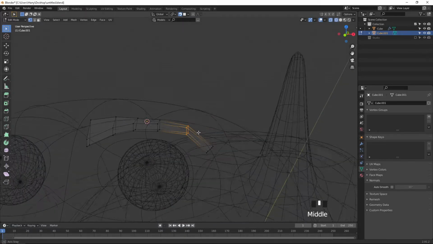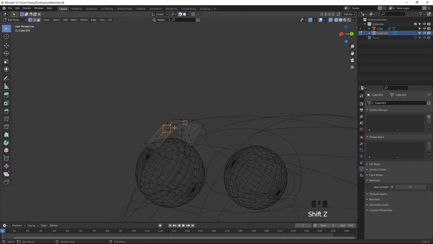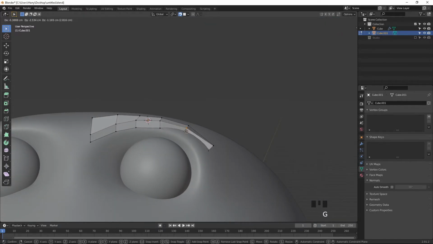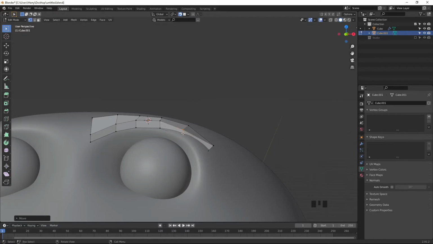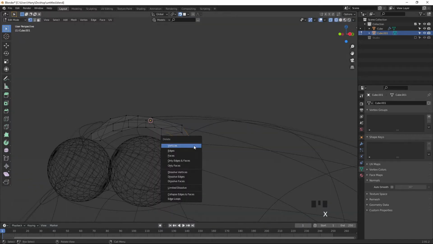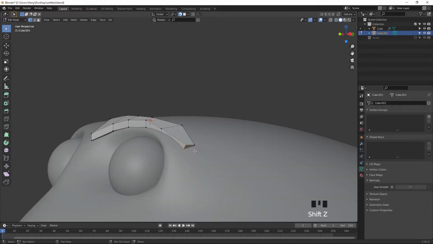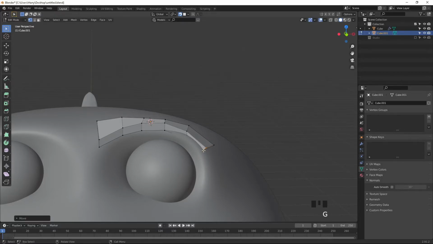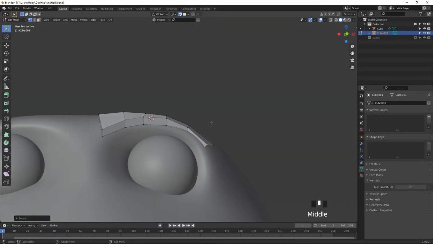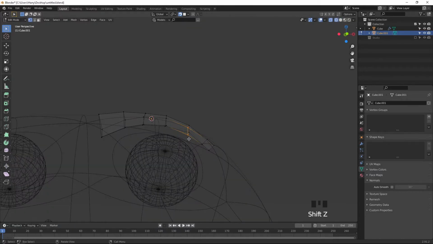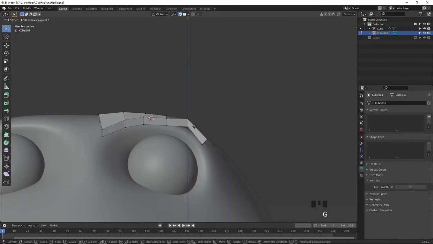Shift Z, select this, shift Z and unselect this one, press G to move like this, select this one, press G to move like this, shift Z, shift C, press C and unselect these vertices, press G to move like this, and we can move it GZ, select this one, shift C, shift Z and GZ.